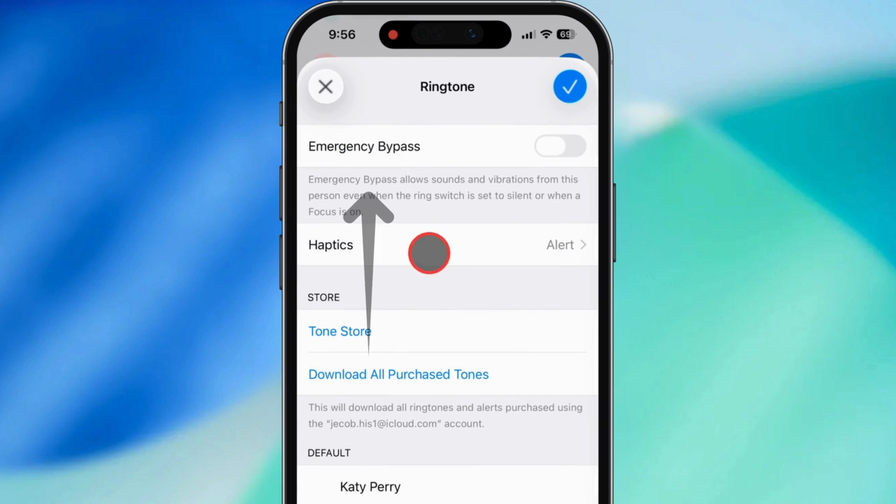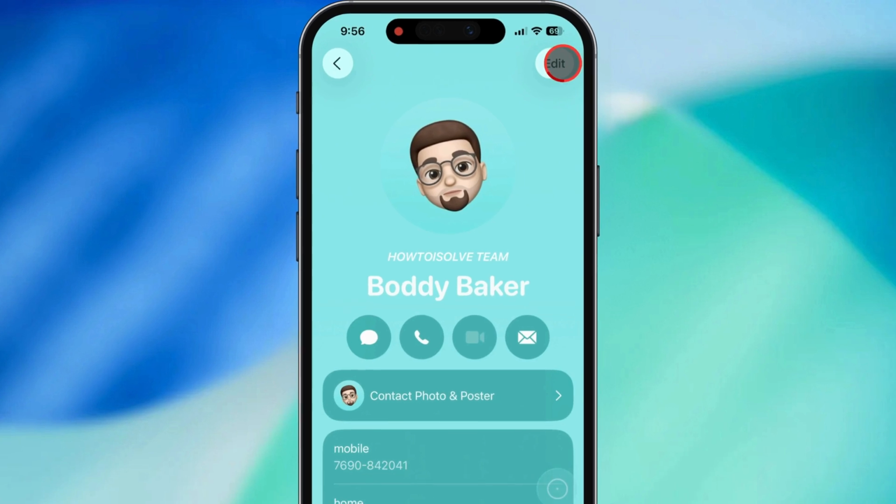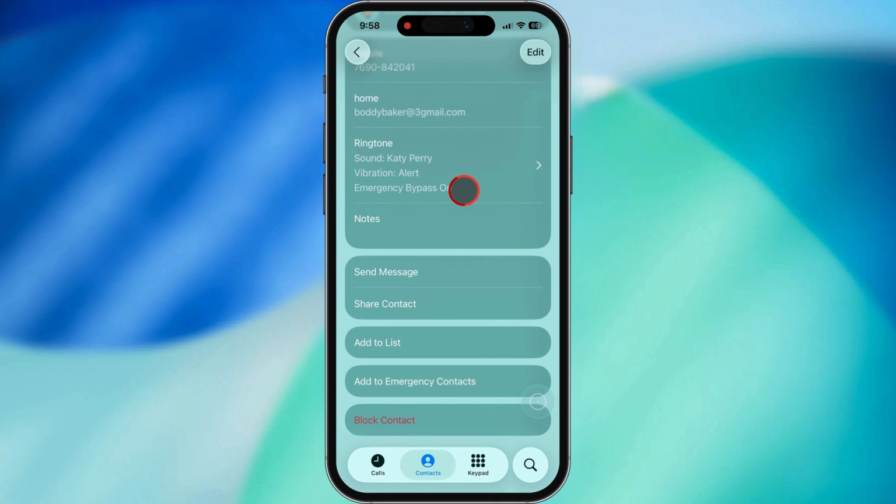There's also an emergency bypass option. If you turn this on, calls and texts from this specific number will still come through even when your phone is on silent or focus mode. Once you've selected everything, tap Done, then tap Done again to save the changes. And that's it! Now your iPhone will play the ringtone you set whenever they call you, so you'll instantly know